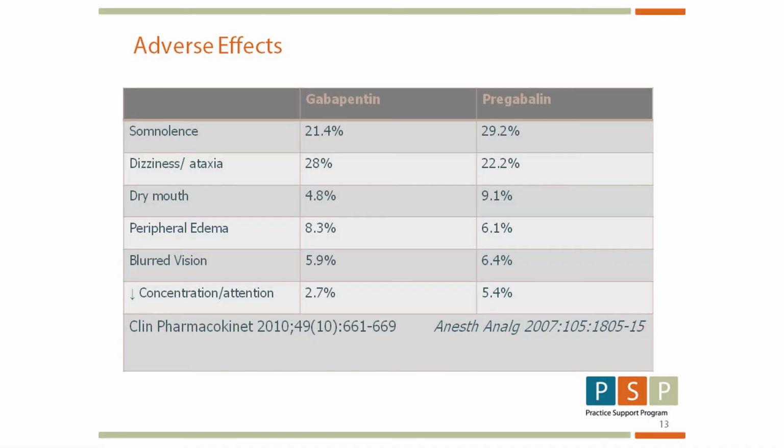As you can see by this slide, there are a number of side effects associated with all the drugs, but in particular with the anticonvulsants. Most patients complain about some level of cognitive dysfunction, such as memory problems, slowed thinking, altered speech, dry mouth, and fatigue. The problematic side effects could also include peripheral edema, which leads to weight gain, and blurred vision. These are not to be missed, and the medication needs to be switched quite quickly if those kinds of problems occur, especially in the first 2 or 3 weeks.